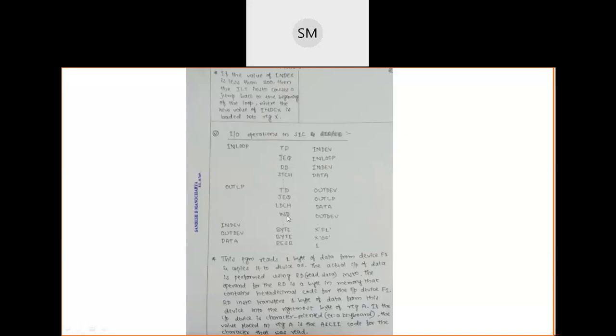Even though register A is not visible here, WD moves the data from register A to memory. That memory is nothing but the output device here. Like this, on my monitor screen or output device, I can see the data, that is, writing the data. Read data, write data, read data, write data. Like this, we can execute a very simple program to perform input output operations on SIC. I hope you understood all the programs.